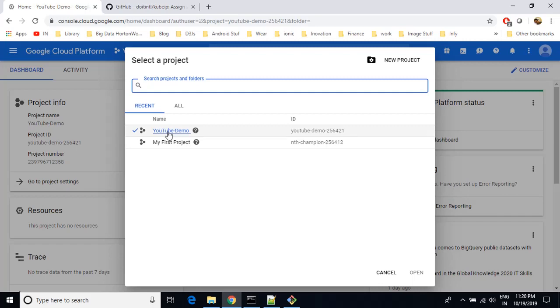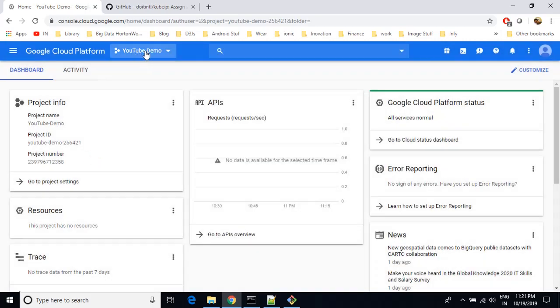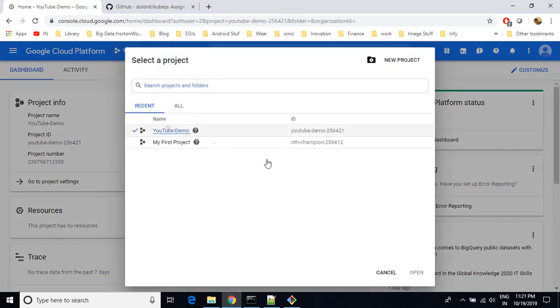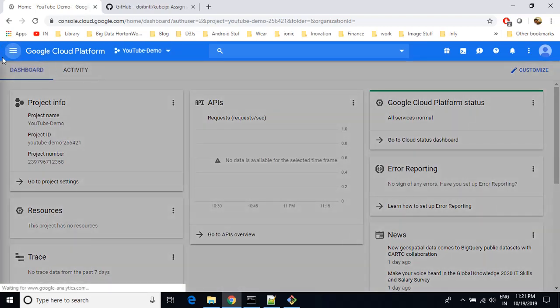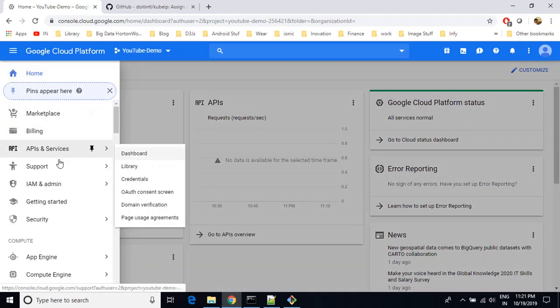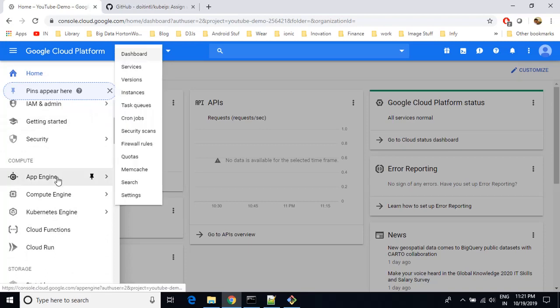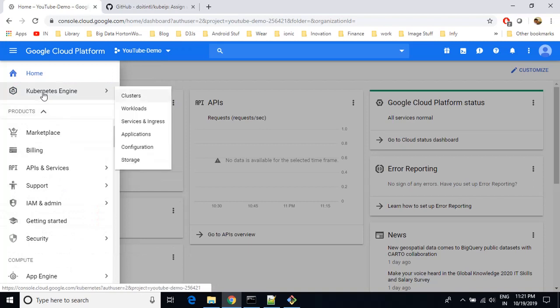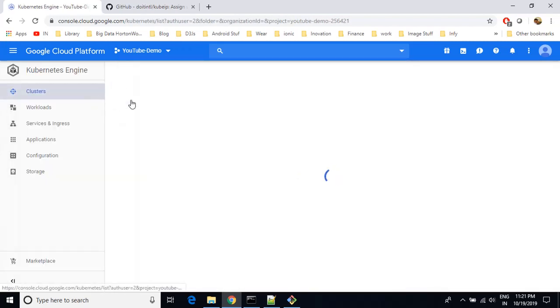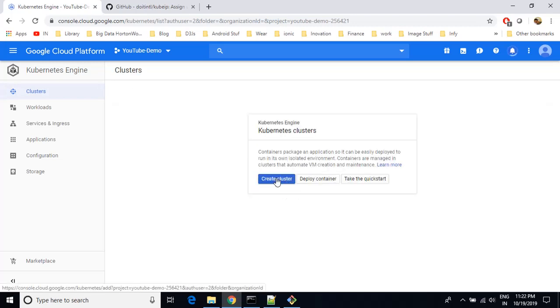It is YouTube demo. Now from the top menu you can click on this and select the YouTube demo. This is the dashboard, right? Once you go to this menu, you can scroll down a little bit and you see the Kubernetes engine. Then you can pin it for easy usage, and then you can go to clusters. Under cluster you will get an option, create cluster,